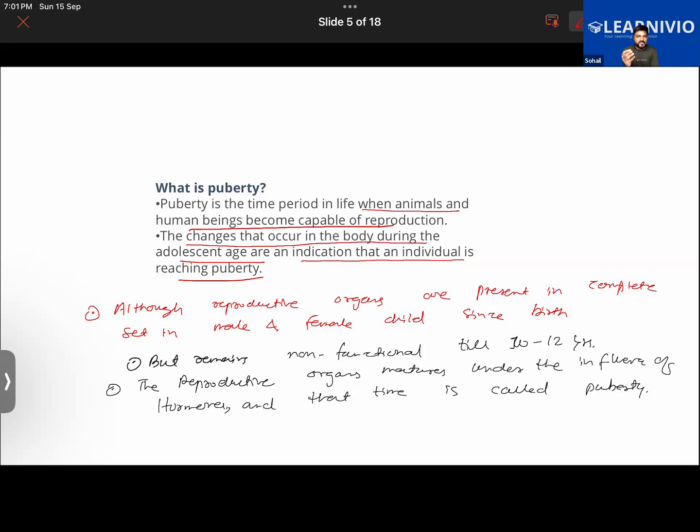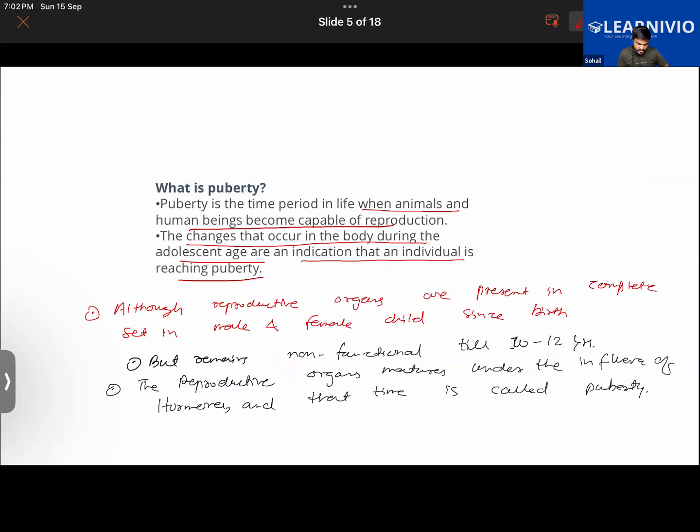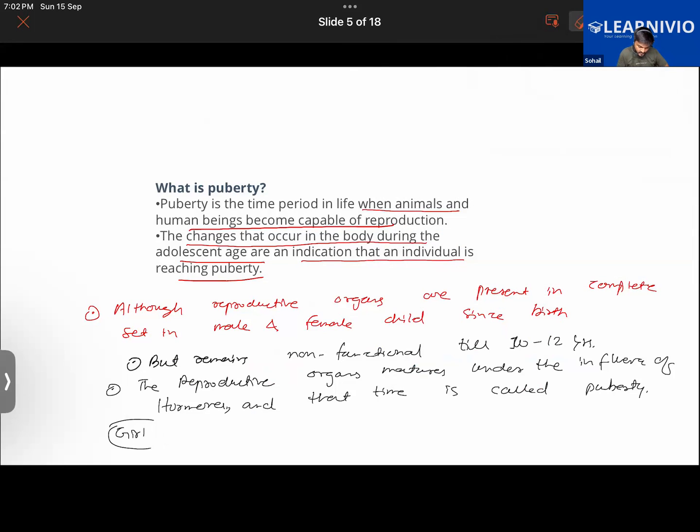Generally, we get to see that girls attain puberty at a lower age of about 10 to 13 years, while boys reach puberty at a comparatively higher age of 12 to 14 years. Okay. So what we get to see here is, when the girl child is of the age